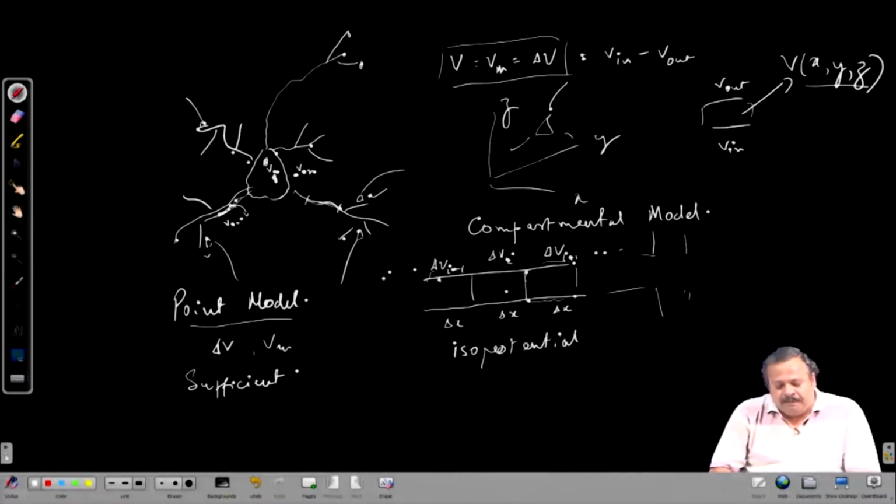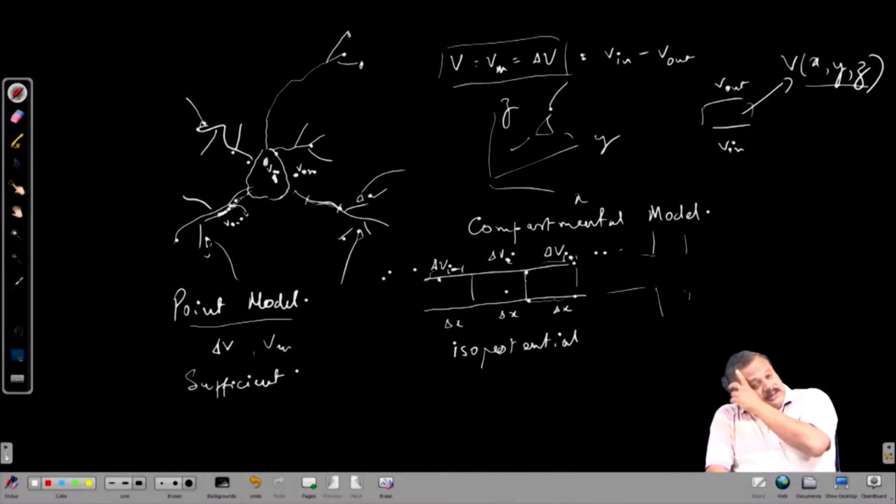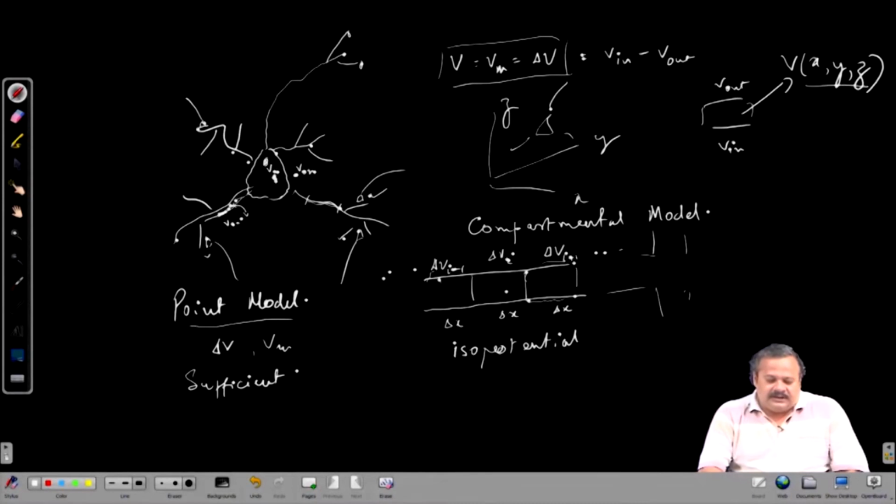In fact, most of the models that we will be talking about in this course are point models. And we will also discuss a little bit about the compartmental models, as and when they are needed. So, just to make sure we are on the same page, we are talking of the entire neuron as if there is a single voltage that can explain its